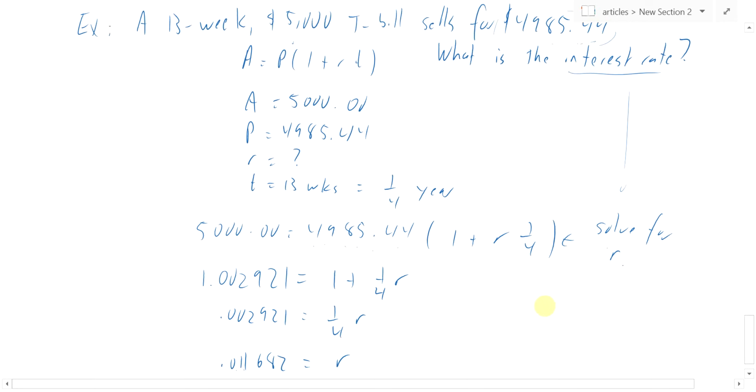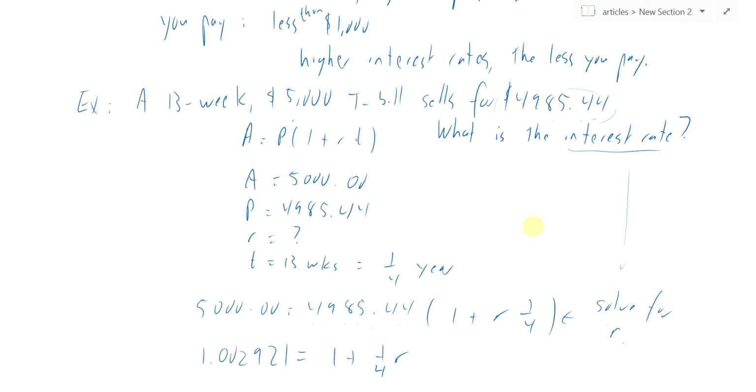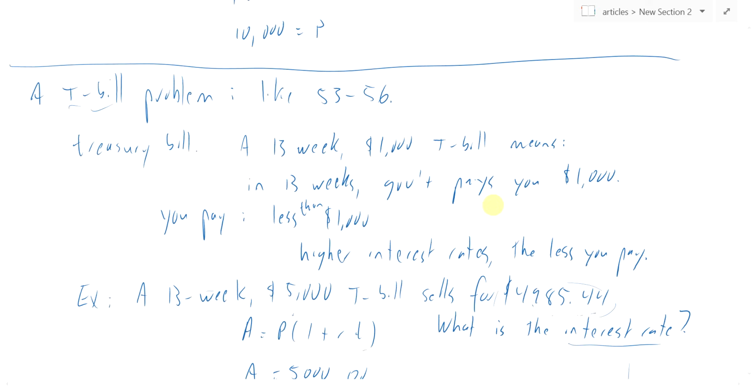So you should be able to do the T-bill problems, right? They're all pretty much of this form, where the selling price is P, the amount you get back is A, and they generally tell you the time. And so the T-bill problems, 53 through 56, are like that. So after going through this, hopefully you'll be able to do most of the problems in the book. I'm going to try and structure these videos to be more keyed to the problems in the book. And so when you do the videos, hopefully you can watch with the book in hand, and that will